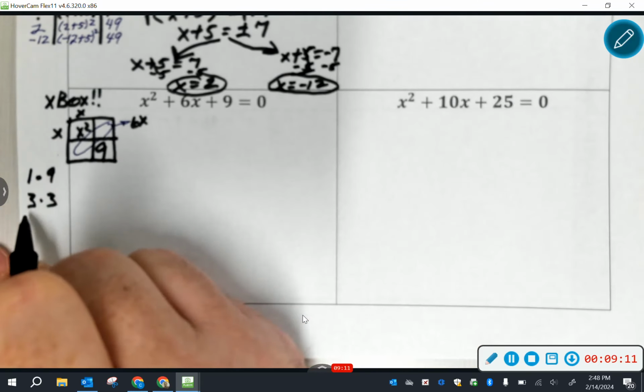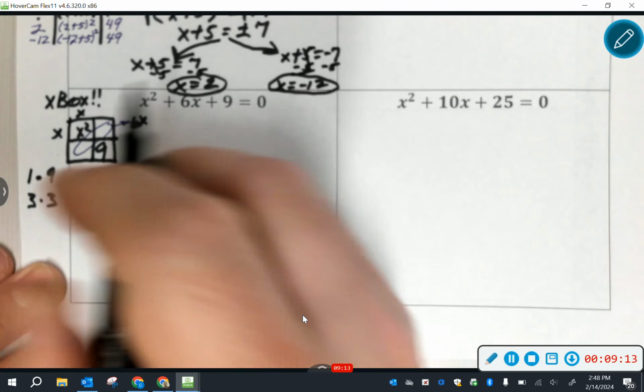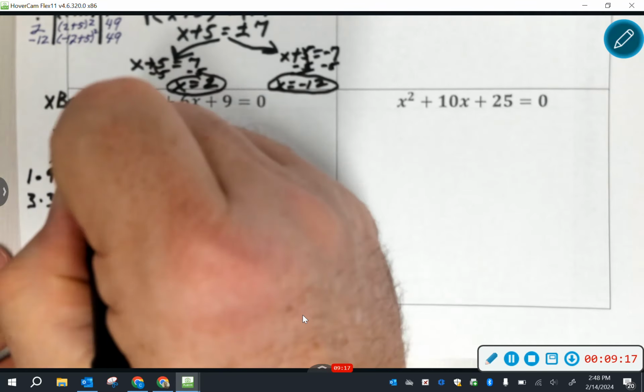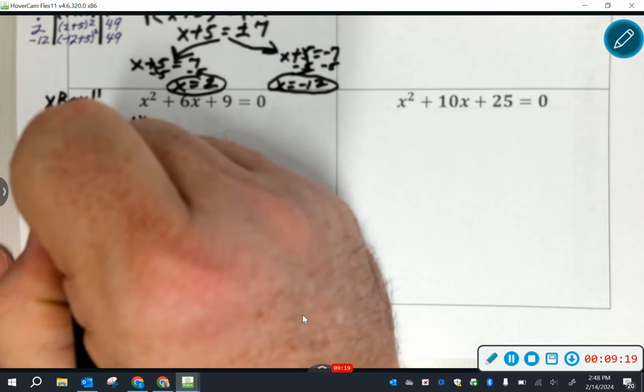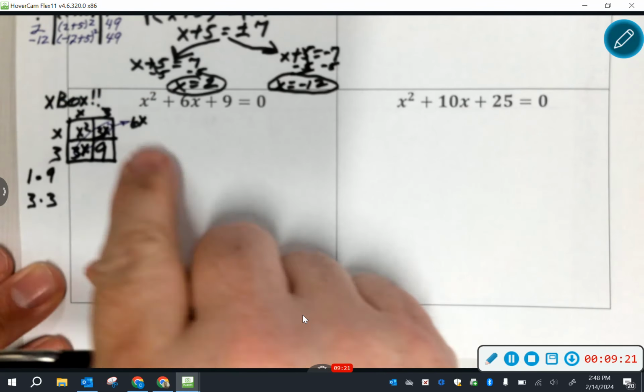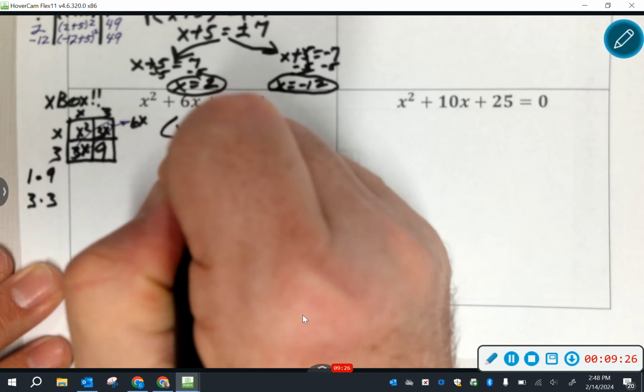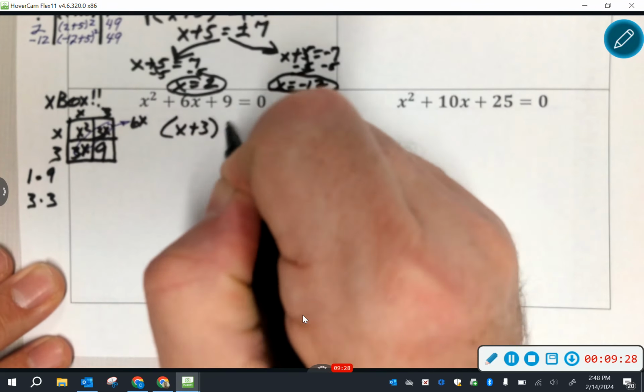So look at this, 3 plus 3 gives us 6, so this will be 3, this will be 3, and so that gives me 3x, this gives me 3x, I add that up, that gives me 6x. So my factors here are going to be x plus 3 and x plus 3